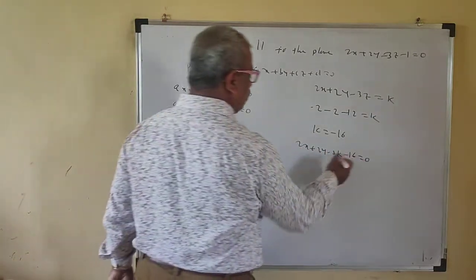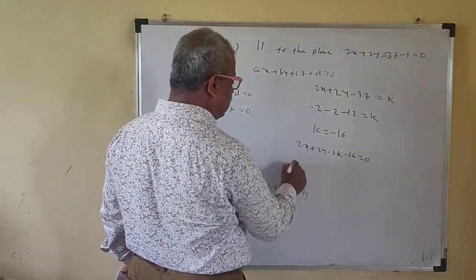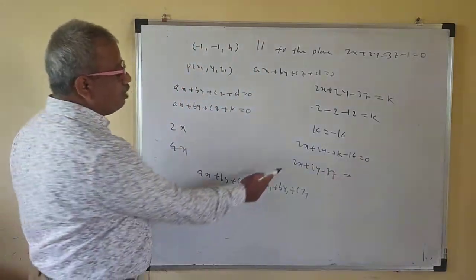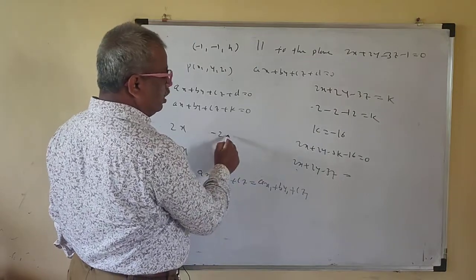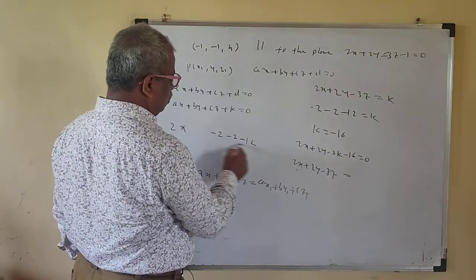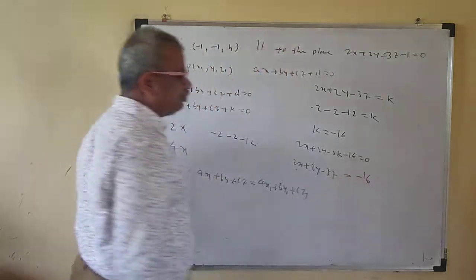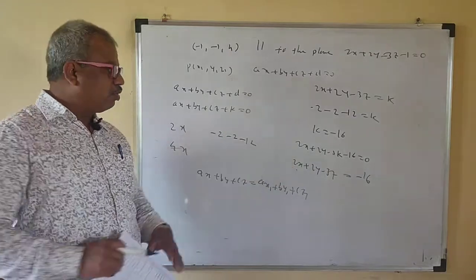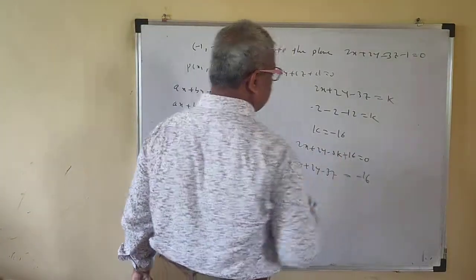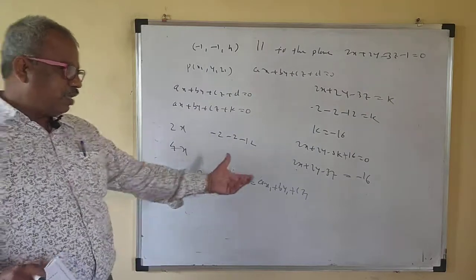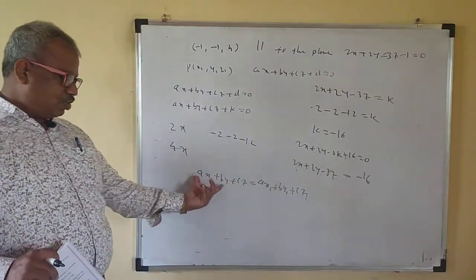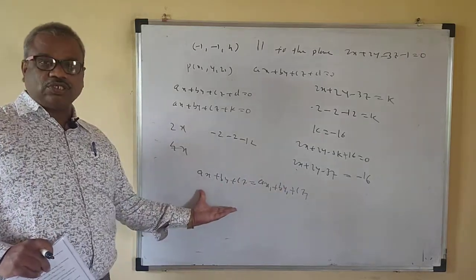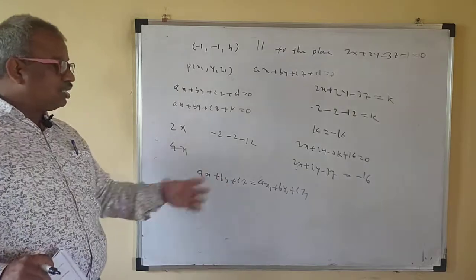Now see how we got this one. You have to write the coefficients as they are: 2x plus 2y minus 3z as it is. Only here you have to put x, y, z values. So here minus 2 minus 12, so this is minus 16. So the equation of the plane is minus 16 by this formula. And if you shift it, here k is equal to minus 16 becomes plus 16, so the equation of the plane is plus 16 is equal to 0. So ax plus by plus cz is equal to ax1 plus by1 plus cz1 is the equation of the plane parallel to this plane. This is the general formula.